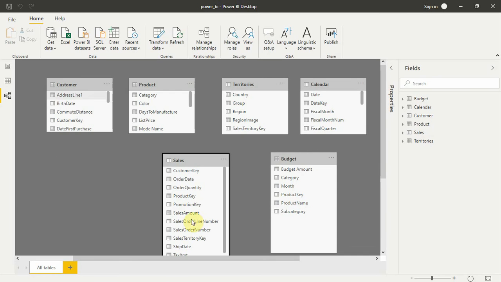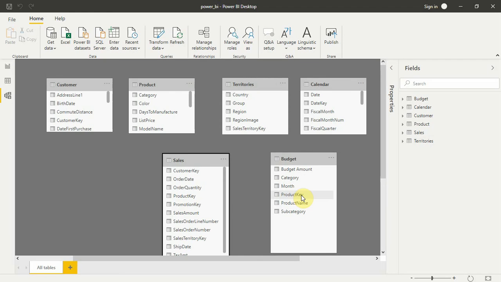Okay, so I have arranged my tables in a particular way. And you must be confused that it had some relationships earlier. Now it has nothing, no relationship. So I've deleted the relationships. It's very easy. I'll show you how to delete the relationship later. So right now I've arranged the tables in a particular way. So the secret to Power BI is not the final report, it's the models you make.